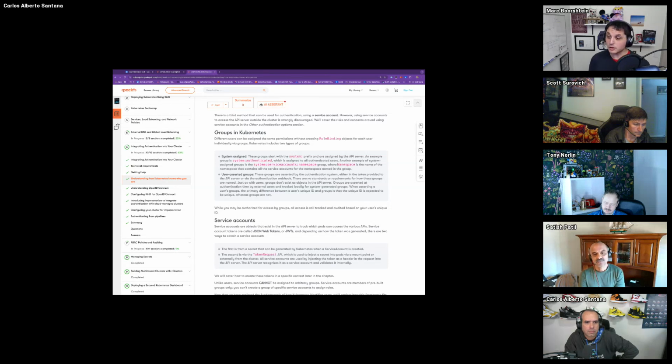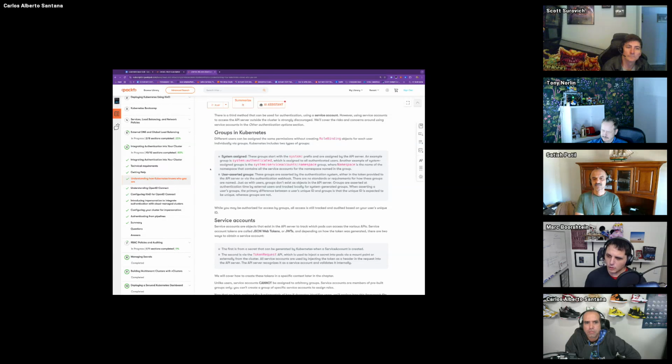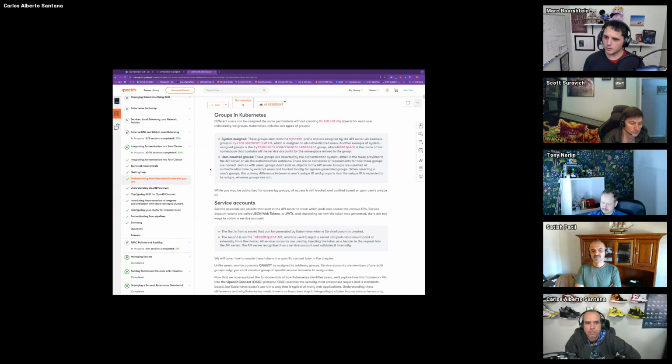I think this was a very smart decision, by the way Kubernetes was designed, in not having any internal users, and leaving it up to the implementer to figure out. I got into a lot of discussions around this over the years where people said Kubernetes should have users. All right, let's say Kubernetes had users and groups in it, and you store a password or a token or whatever, the way a service account does. How do you securely get that to the person? How does the person reset it?